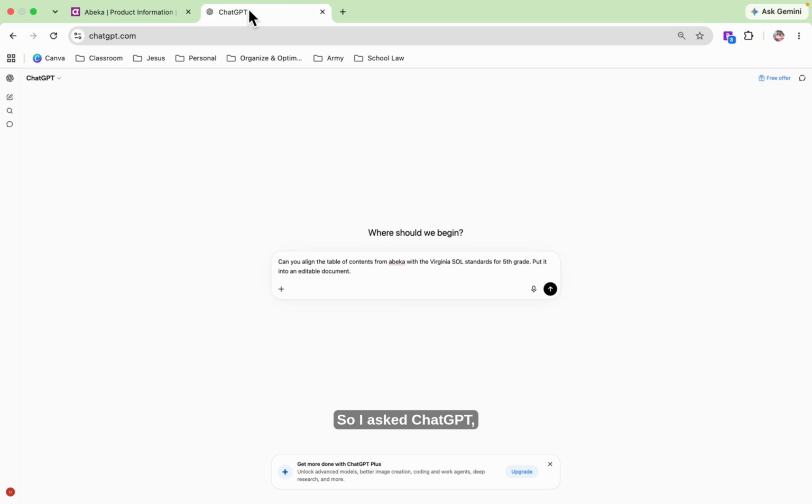So, I asked ChatGPT, can you align the table of contents from Abeka with the Virginia SOL standards for fifth grade? And I also asked it to put it into an editable document. Now, AI is very intelligent. So if you realize you forgot to tell it something, you can always go back and tell it later. But I just put this here so that you can understand kind of an example of what you can put